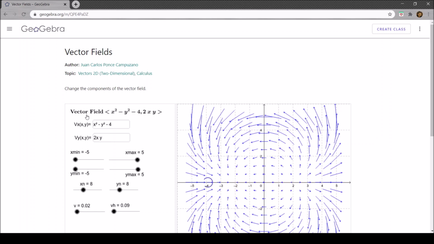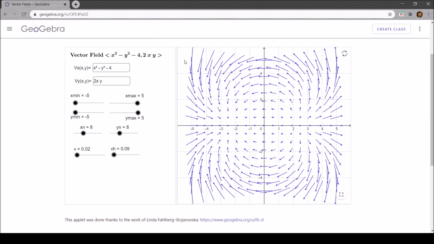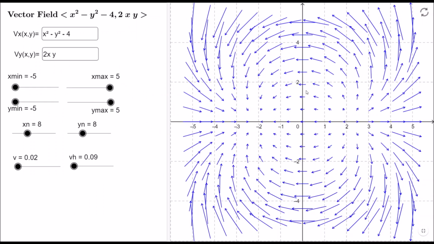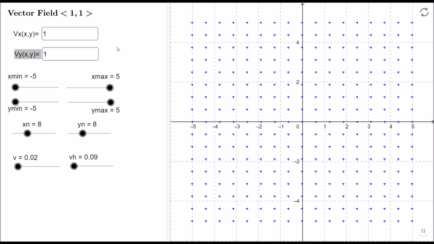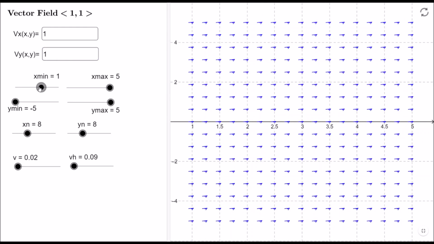Let's go to GeoGebra, since I have told you many things using GeoGebra. This author has already created this page for us, so thanks to him. Let me maximize this. See, this was a vector field for which this is how the vectors have been drawn. Here you can see they are going from first quadrant to second quadrant. Here they are going from fourth to third quadrant. Suppose you want to take the constant function which we took at the start when we were trying to understand the thing on the whiteboard, and as you can see, this is what we had. Everything was going in one direction.